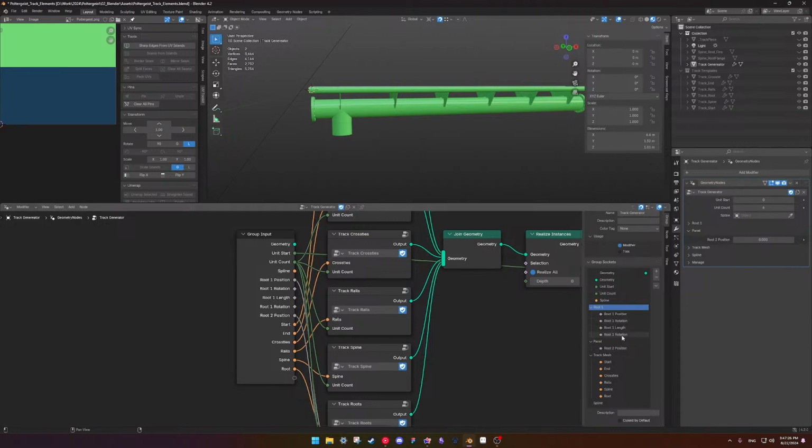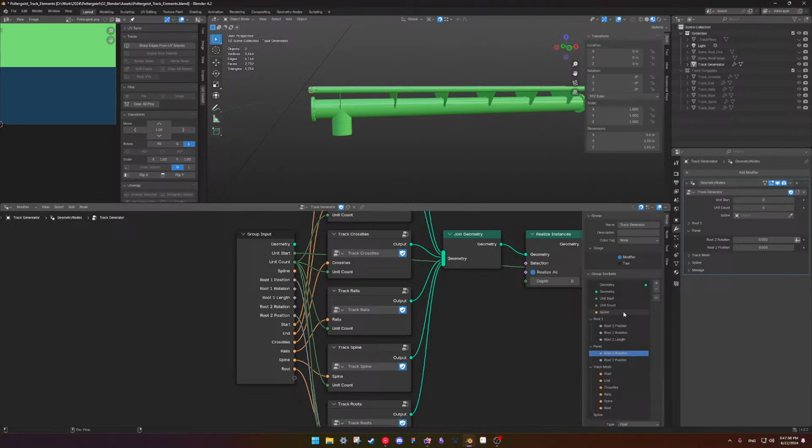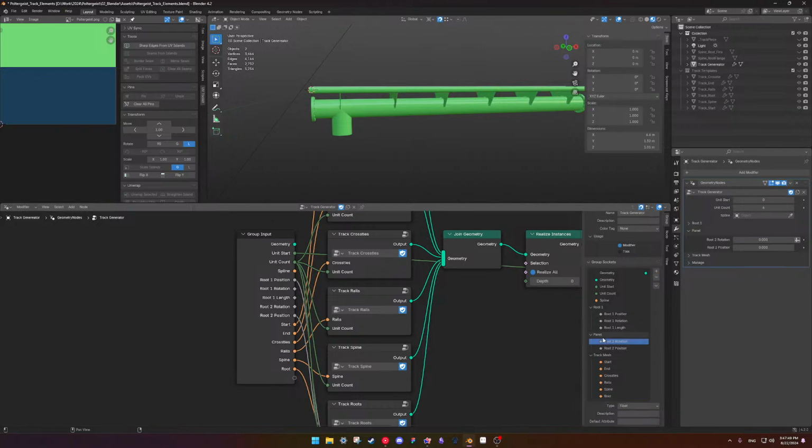Or maybe it was putting it before. I think that's what was happening. Anyway, root 2. Okay. That was interesting.